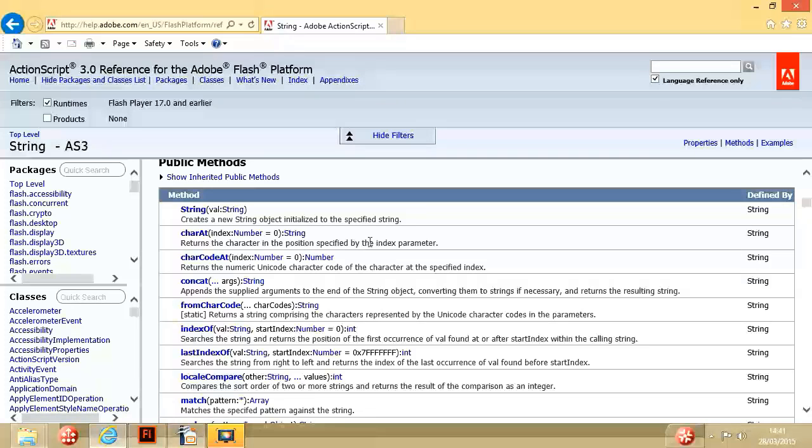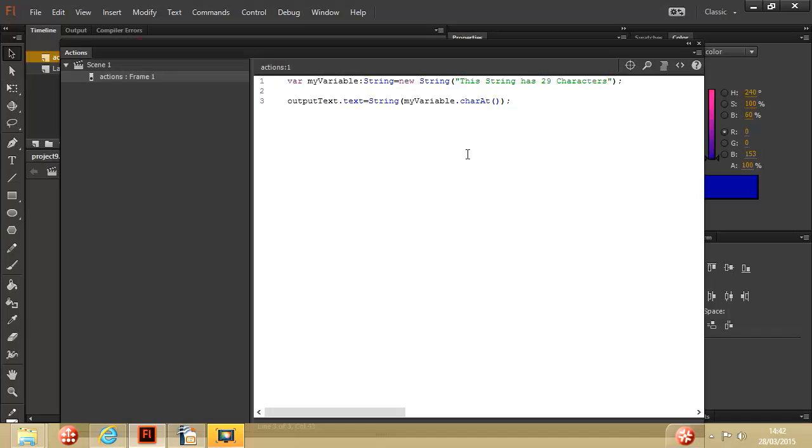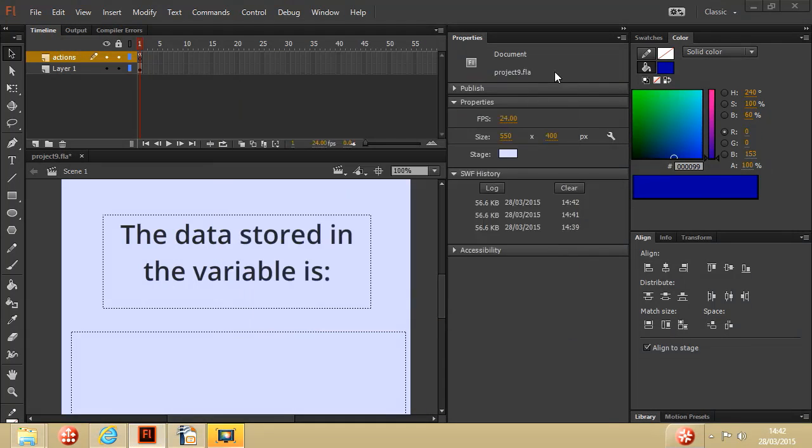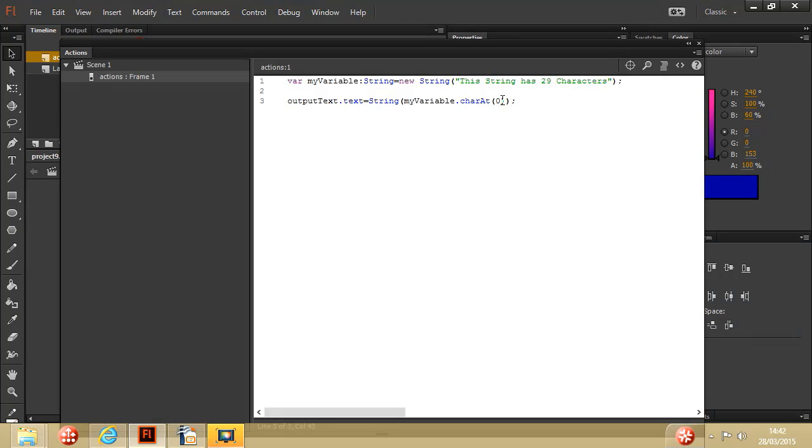Returns the character in the position specified by the index. The index is in the parentheses. So it's saying that if I put a 0 inside charAt, it will come out with the first character of that string. If I put in a 1, it will come out with the second character of the string. So let's test that. I'm going to put a 0 in. I'm expecting it to be a capital T. Control Test, and it is. If I put a 1 in, I'm expecting it to be an H,